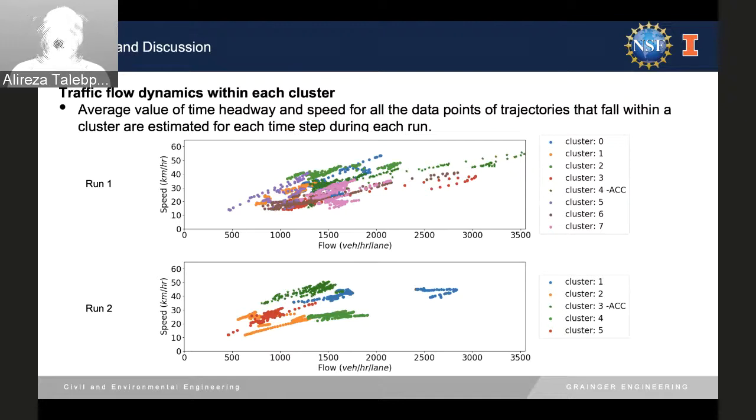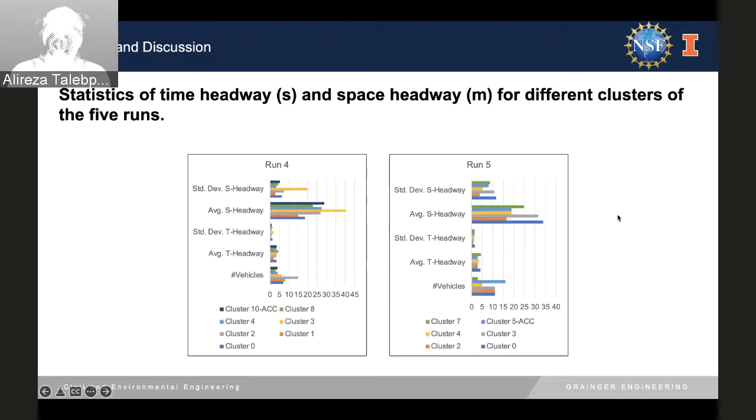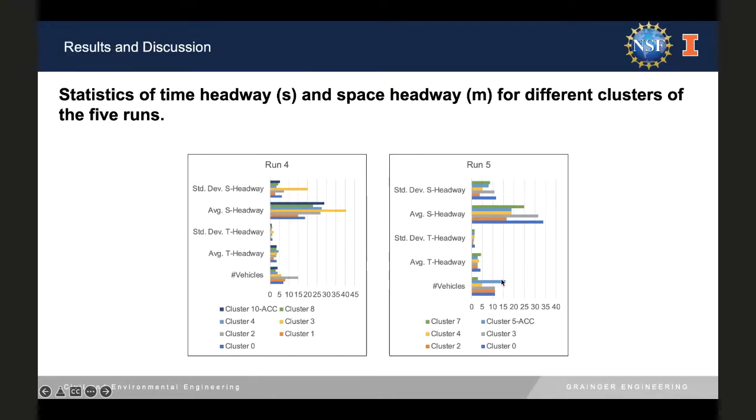So once we have the clusters, if we use dynamic time warping, each cluster had 3 ACC vehicles, except the fourth one, which let's say we threw away for now. Each cluster has 3 ACC vehicles and a whole bunch of other cars. If you look here, for instance, this is the cluster of ACC vehicles, and cluster number 5, which had roughly 16 cars in it.